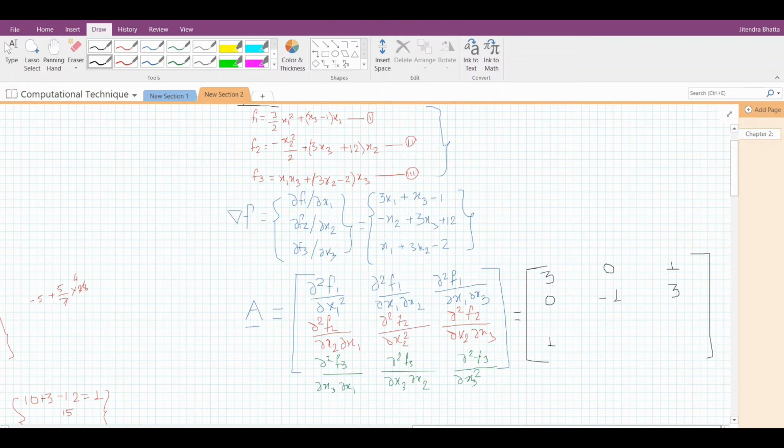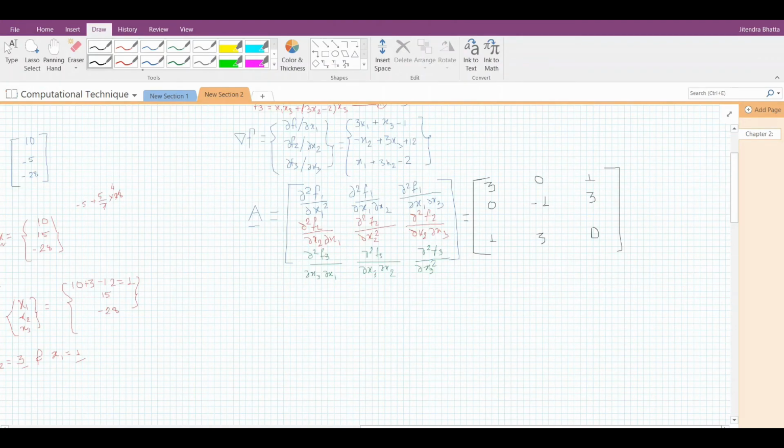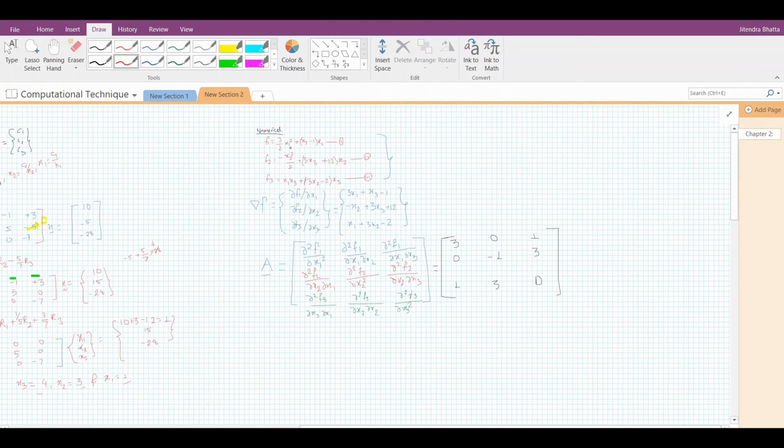Here first with x2 this will give us 3x3, and then with respect to x3 will give us 3, and here this one with respect to x3 2 times will give us 0. This is your Hessian matrix. This is your gradient vector. In your examination, similar type of problem will be given to you in form of